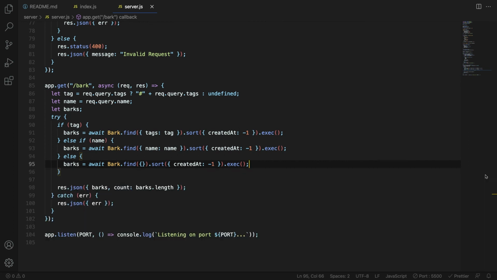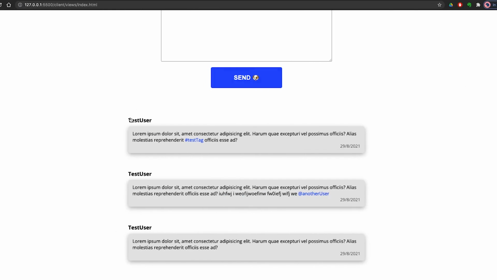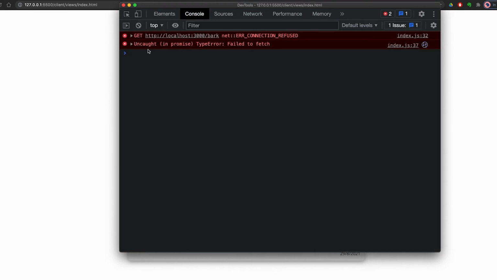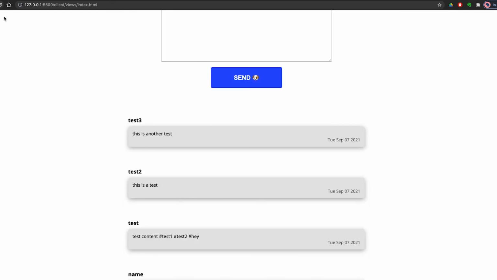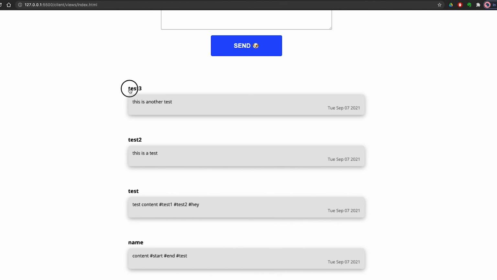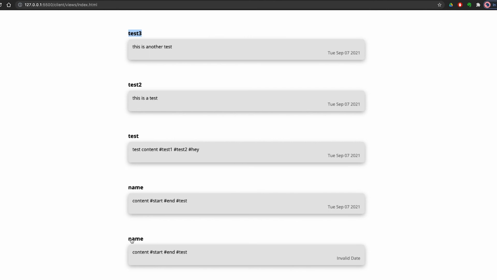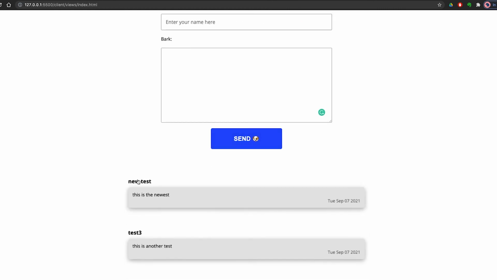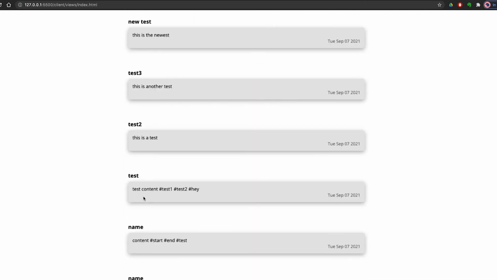Now this should return, let's see if it works. Yeah, it's still connected. This should return everything in, let's inspect this for a little while. Console log. Okay, but if I reload this, yeah, perfect. Now I have the latest tweet right at top and the earliest one right at bottom. We can verify this. New test. This is the newest. And it should just put it right here. Beautiful. Okay, everything is done, and make sure to follow the next part where I'll actually handle these cases